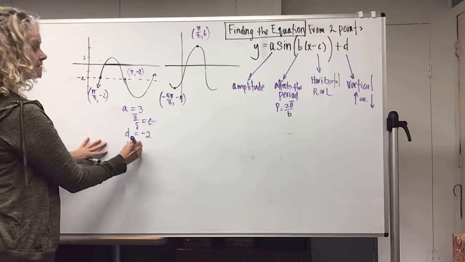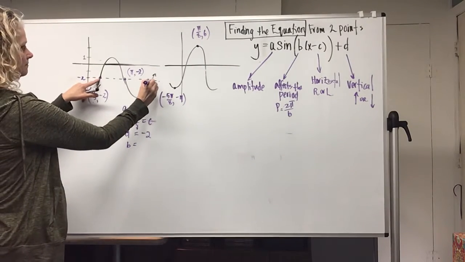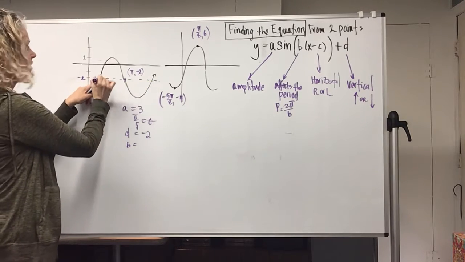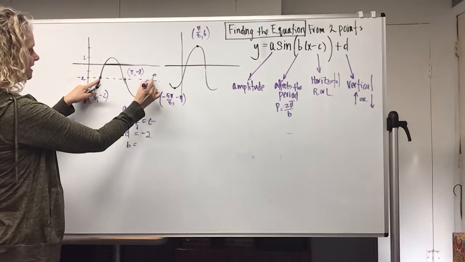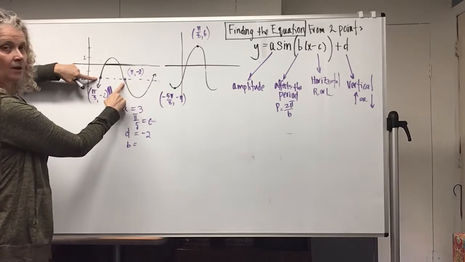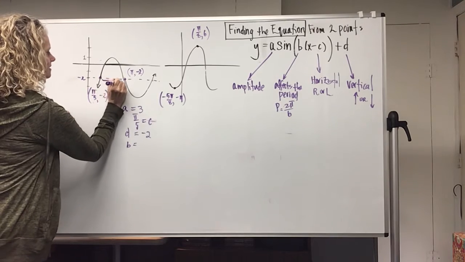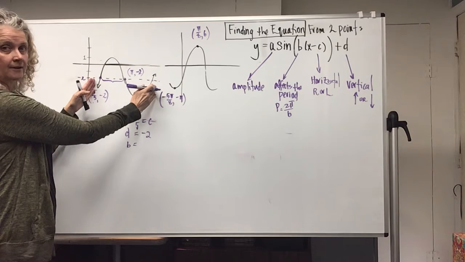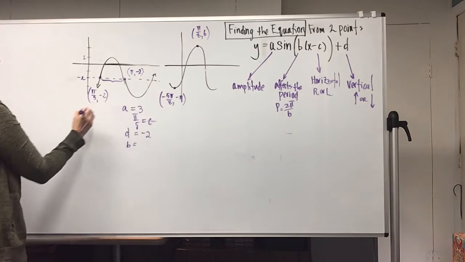And the last one, I saved the best for last, is B. So looking at this, hopefully I can identify this is one full period. And a period is how long it takes for the graph to start repeating itself. So in this case, we've given 2 points that are half the period. So if we find this distance here and then multiply it by 2, that will give us the full period. And then we'll be able to find our B term. So to find B,